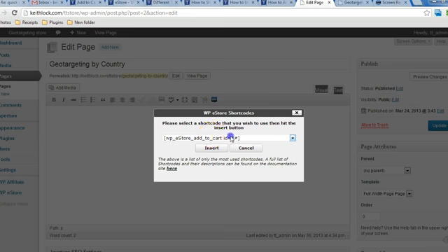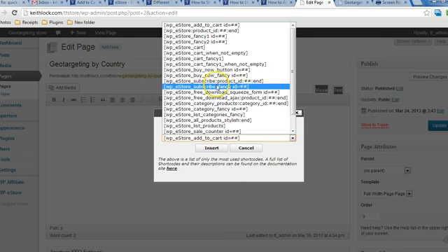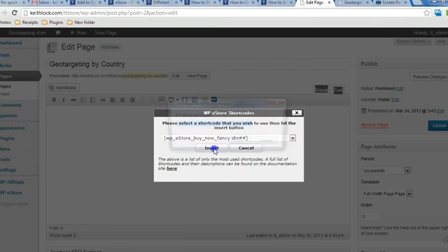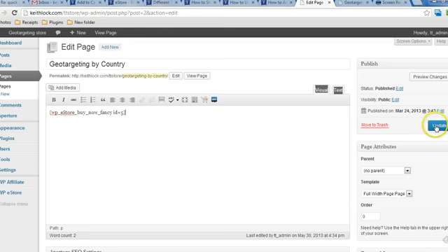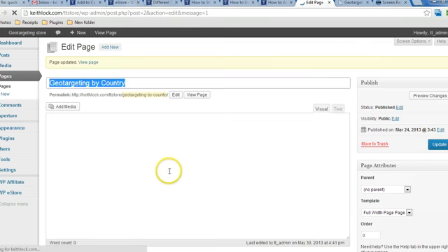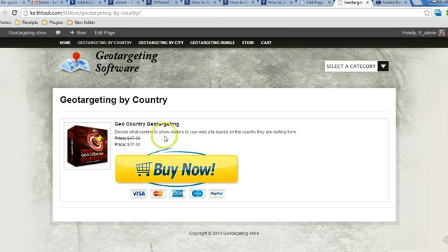So now we want to make it a buy now button. So what we can do is choose one of the options here, WP eStore buy now fancy ID. There we go. Click on Insert. ID number 5 is the product that we're working with. Click OK. Click on Update. Now there won't actually be any changes visually here. When we click on Refresh, it's still going to look the same, but now it's going to have a buy now behavior attached to this button. So when we click on it,